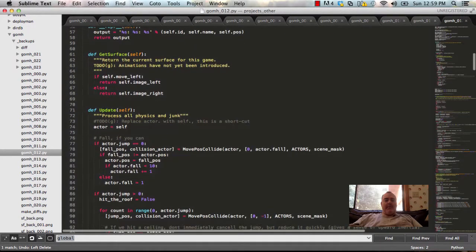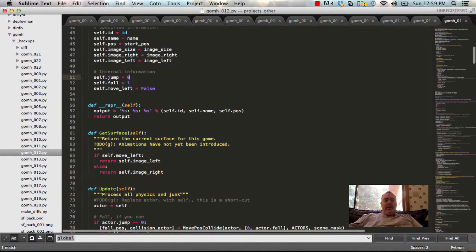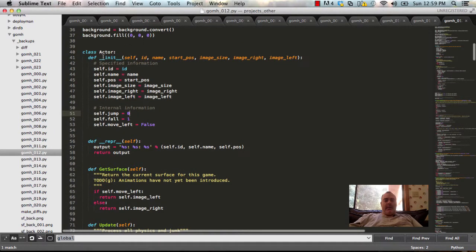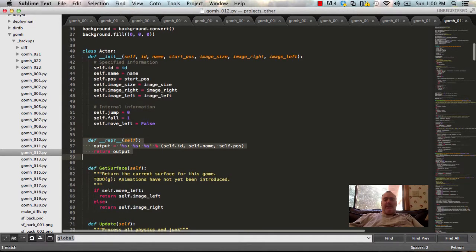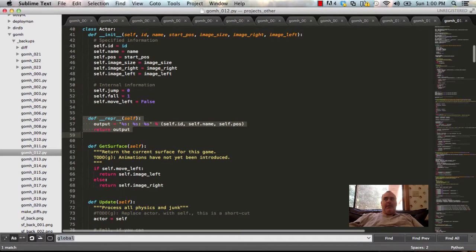I have this __repr__, and just like this init that has underscores in front and behind it, this is a special Python method, and it means that if I print this, this is what comes out of printing. So I print out the ID and the name of the character and the position every time I try to print out this actor. And so this is a convenience method for not having to do this separately, and it saves quite a bit of space and makes it quite a bit easier to make